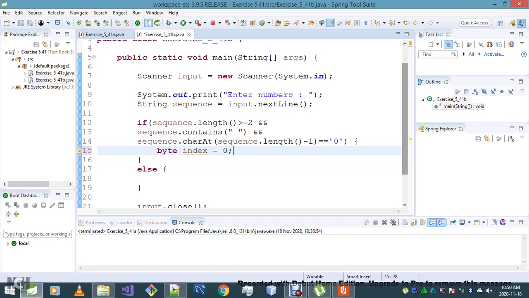By character, I mean including white spaces, because there is a possibility that a user gives us something like 1 space 2 space 3 space, maybe a dot, an asterisk or a question mark, or whatever, something which is basically not a number. So we have to take care of that too. That's why we'll simply go while,